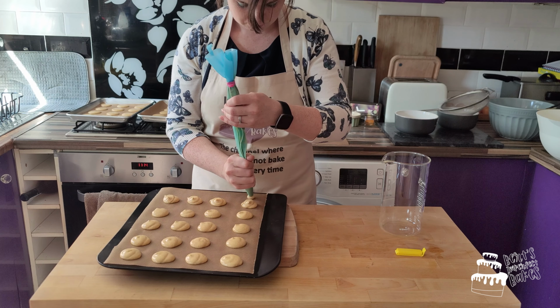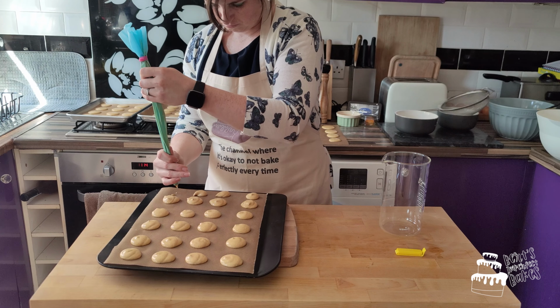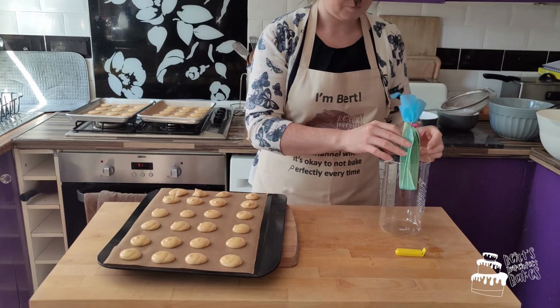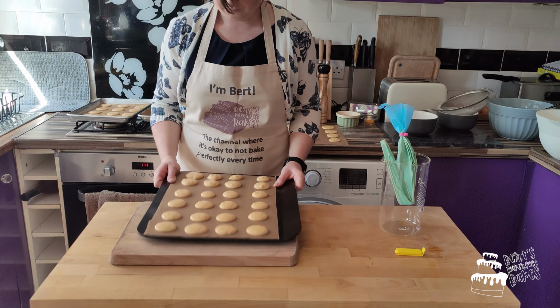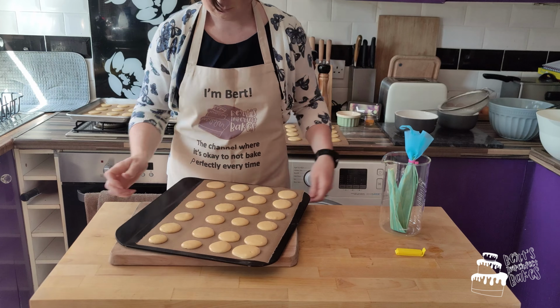And another tray. That's the same tray, by the way, just 2 pieces of baking paper. Clever. And then it's all gone. Just splodge it out. And then tap that one down. And then once they've been tapped, you need to...